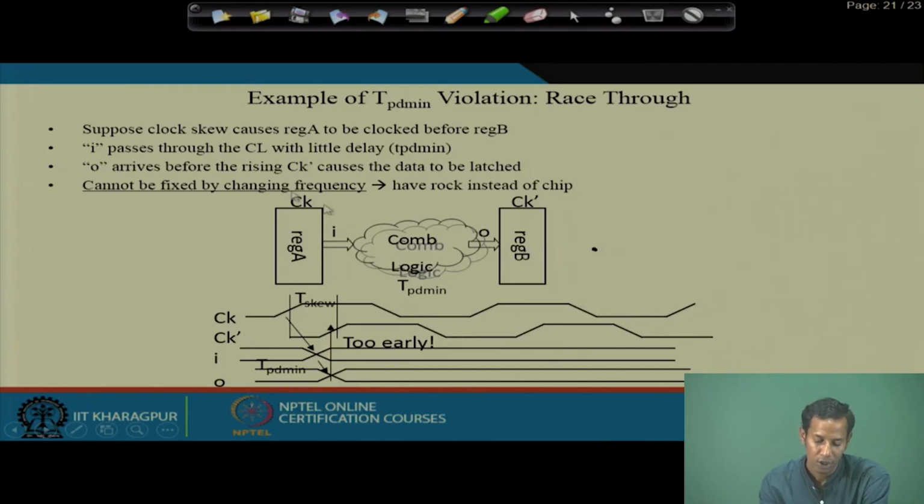To solve the problem of setup time violation, we can increase the clock time period. But by changing the frequency or the cycle time, these hold problems may not be solved. We have different techniques to solve the setup time violation and the hold time violation. Later in this series we will see how to solve these problems in detail. So, thank you for today's